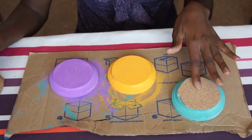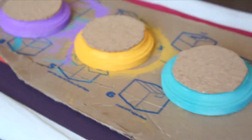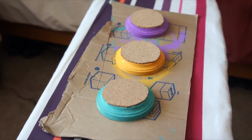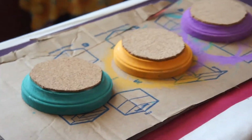And now do the same exact thing to these two. So now that these are all done, we're going to wait for the cork sheet to glue down to the wooden plaque. Just give it a little while. It shouldn't take too long to dry. Or if you're impatient, you can just put them up on your wall now. But I'm going to give it just a little while to dry, and then I'm going to show you how